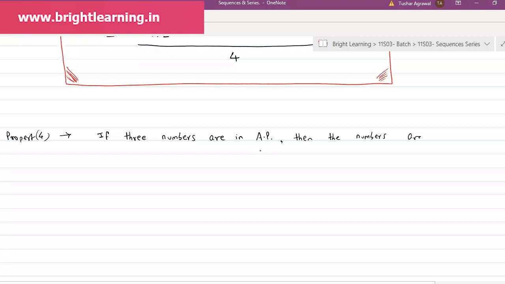Take the middle term as A, the last term as A plus D, and the previous term as A minus D. This makes the calculation easier because the terms A plus D and A minus D come in pairs. You could have taken B, B plus D, B plus 2D. No one is stopping you from doing that, but it will unnecessarily make the calculations a little bit lengthy. This property is for 3 numbers only. Now, if instead of 3 numbers I give you 4 numbers in AP,